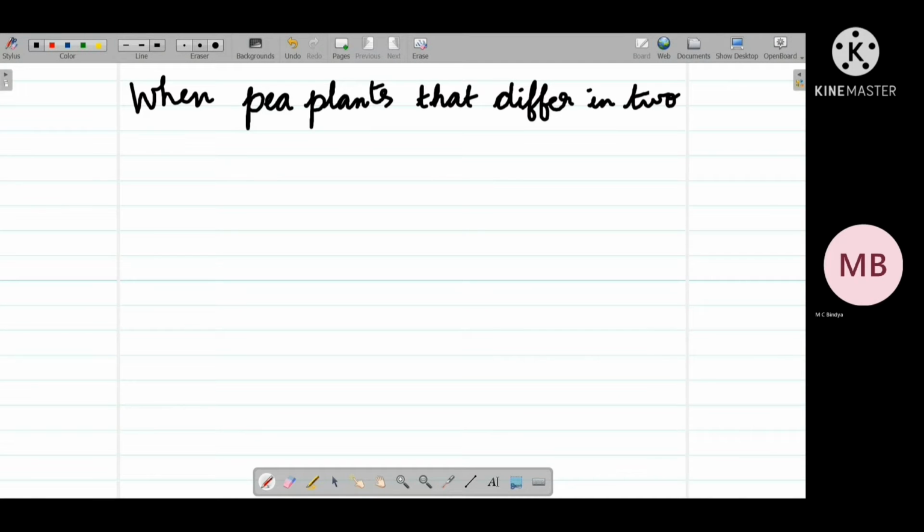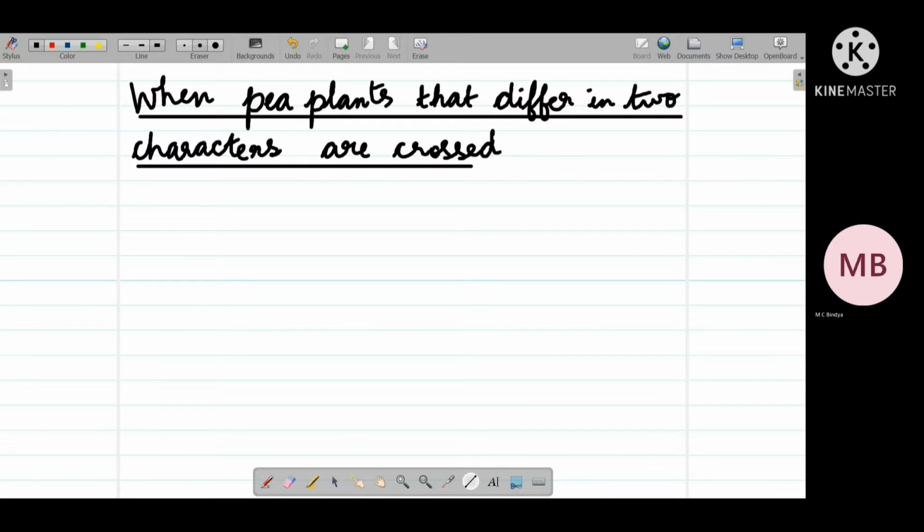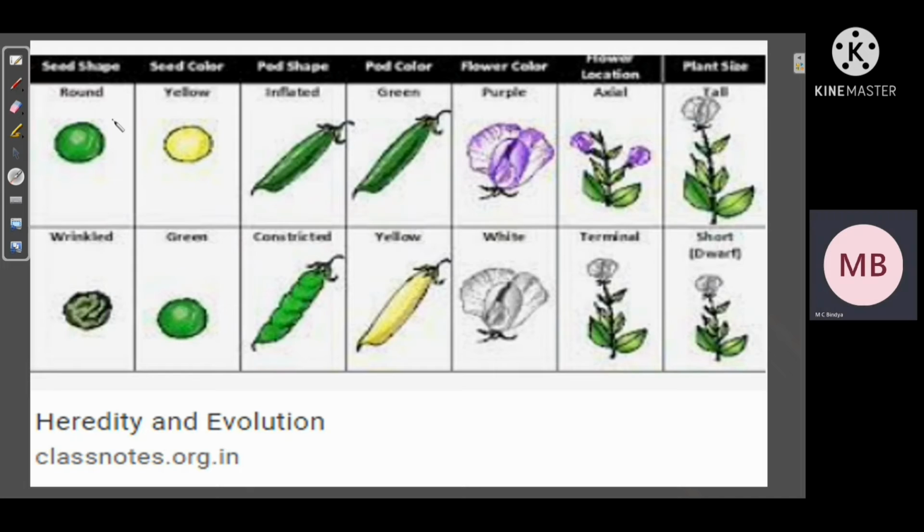When pea plants that differ in two characters are crossed, what would happen? Mendel discovered the following 7 characters in pea plant: the seed shape, seed color, pod shape, pod color, flower color, flower location, and the plant